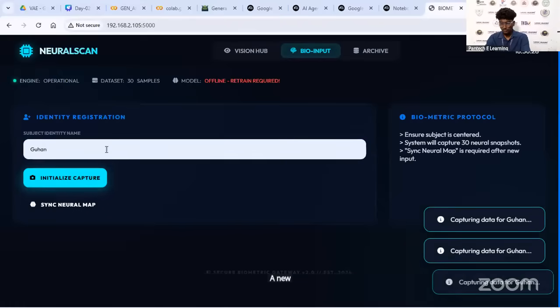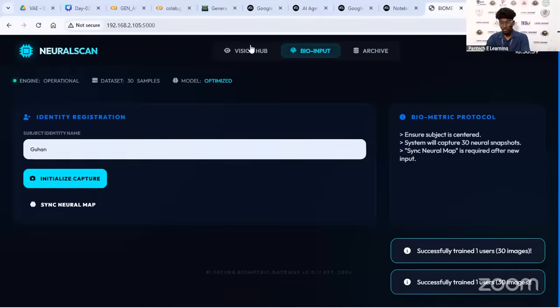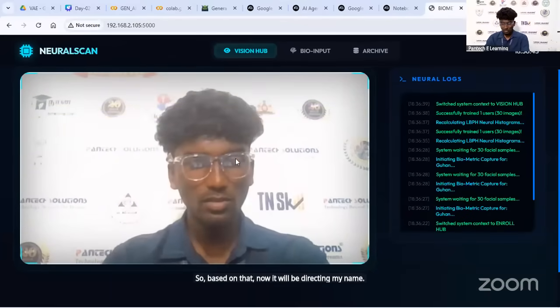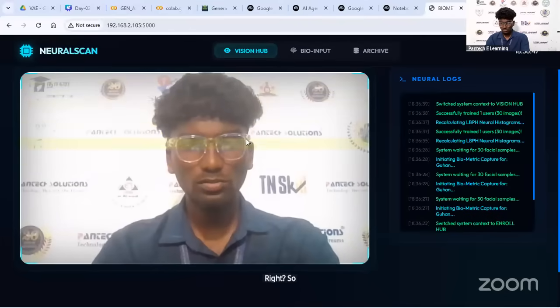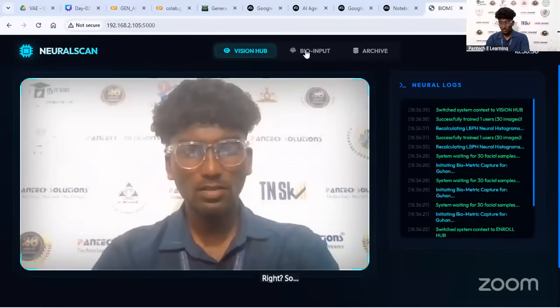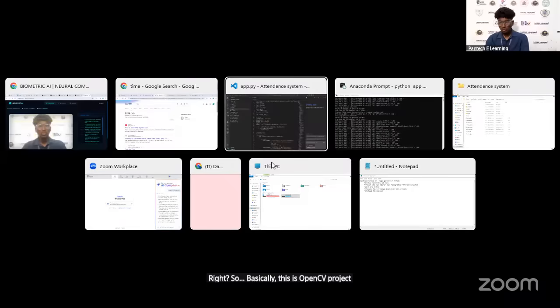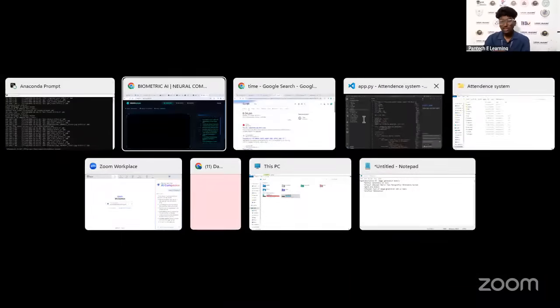Initialized, and sign in neural mapping. Based on that, now it will be detecting my name. So basically, this is an OpenCV project.